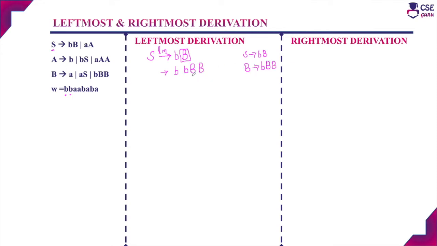Here there are two non-terminal symbols, so choose the leftmost non-terminal and apply the production rule. The next character we have to get is A, so choose the production rule that starts with A. There are two production rules for B: B tends to A and B tends to AS. We will choose the production rule B tends to AS, since we have to derive some more characters in the string.